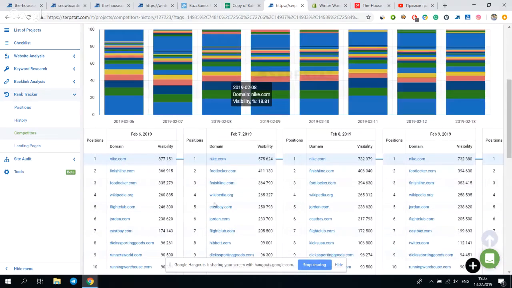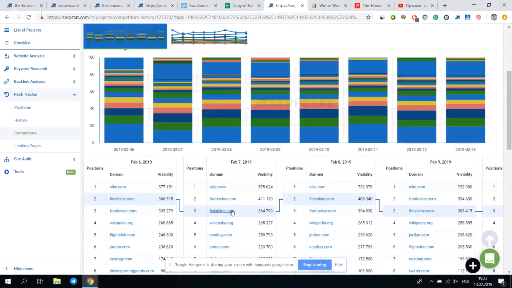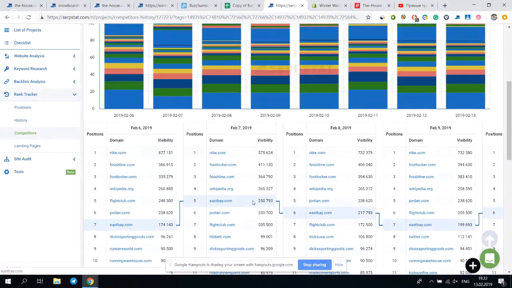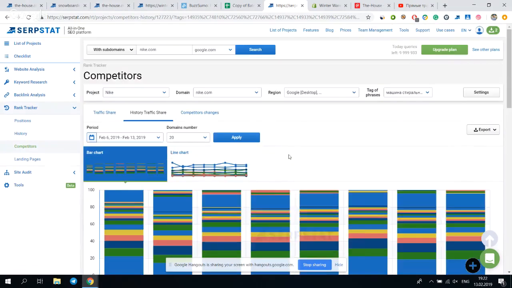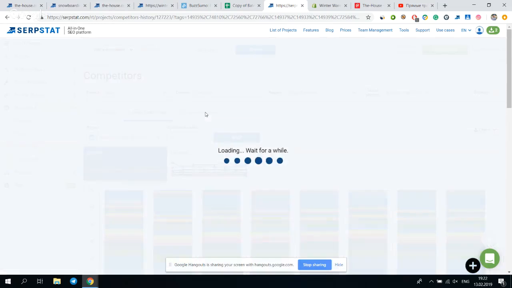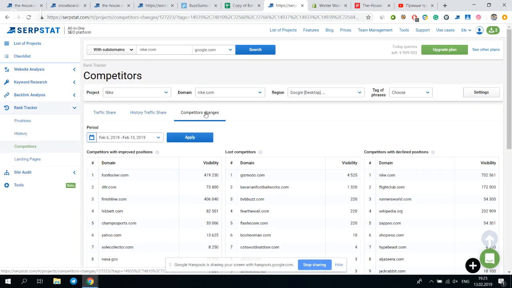This is the history and market share distribution. And the next one is competitors' changes over time. I can say more: by monitoring the size of a market share, SEO and marketing specialists can see how a website is improving,